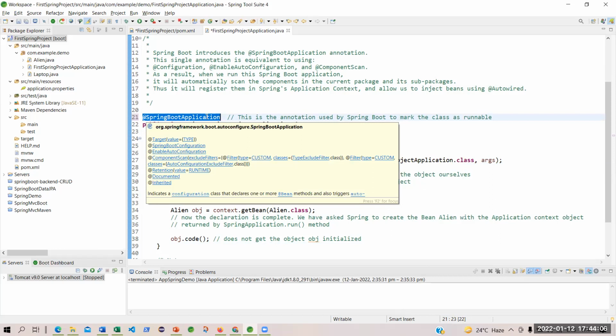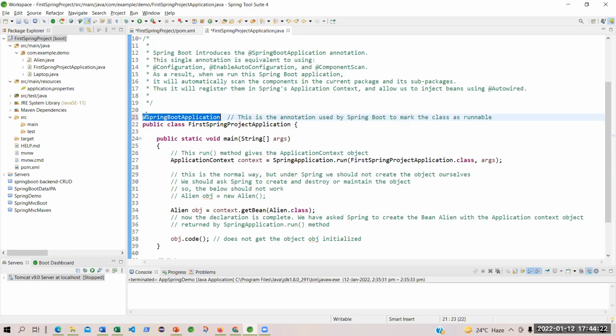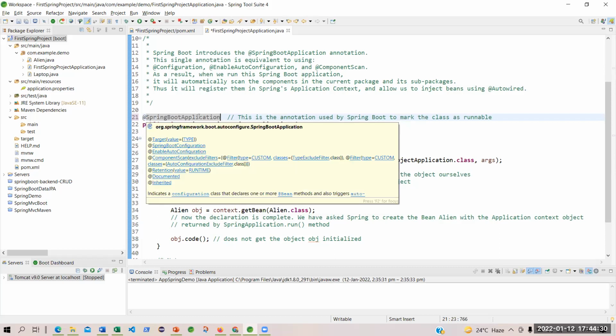You are basically calling a Spring Boot application, a source code which is inbuilt within Spring Boot. Spring Boot has given the Spring Boot Java. So basically, with this @ and the name of that annotation, you are calling a Spring Boot Java class.